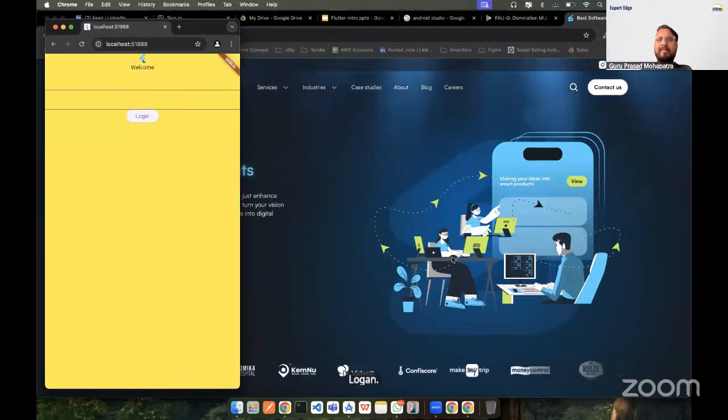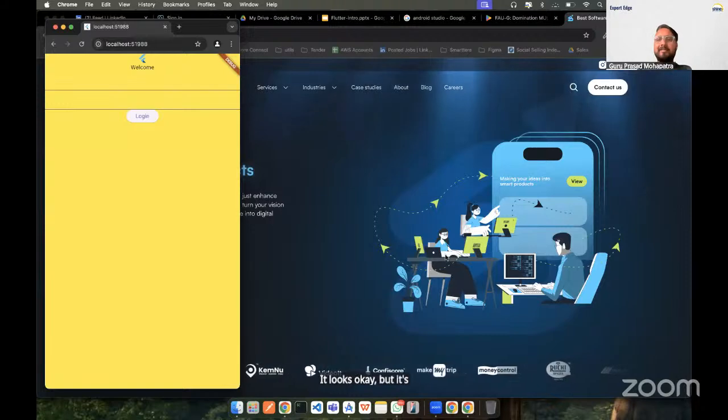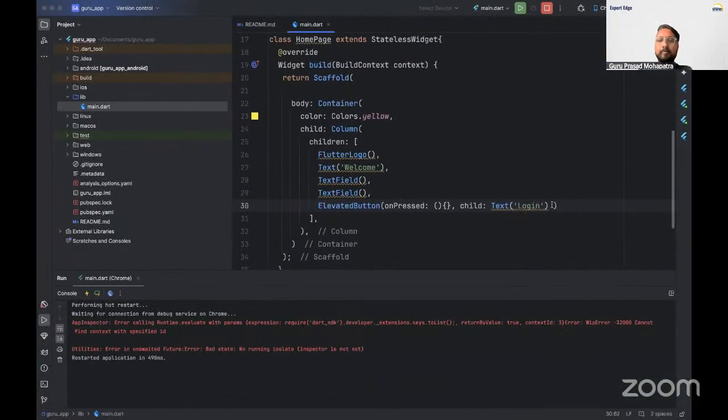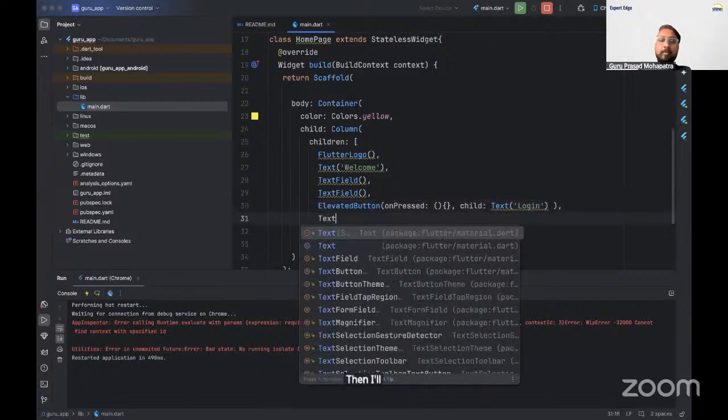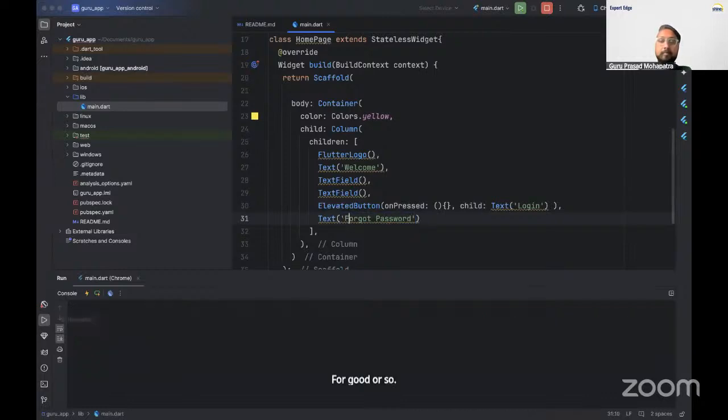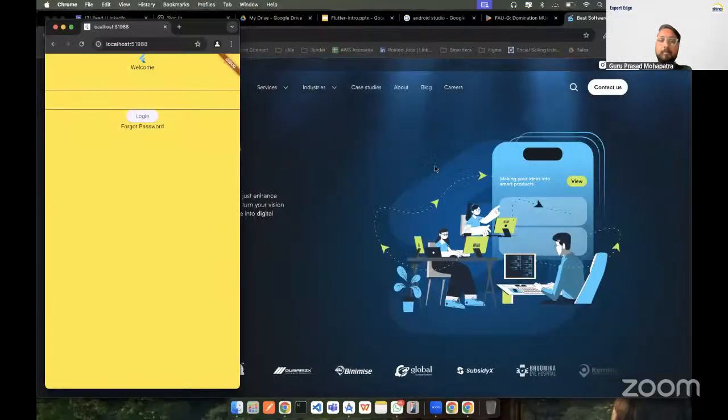It looks okay, but it's still looking ugly. Then I'll put another text, forgot password.